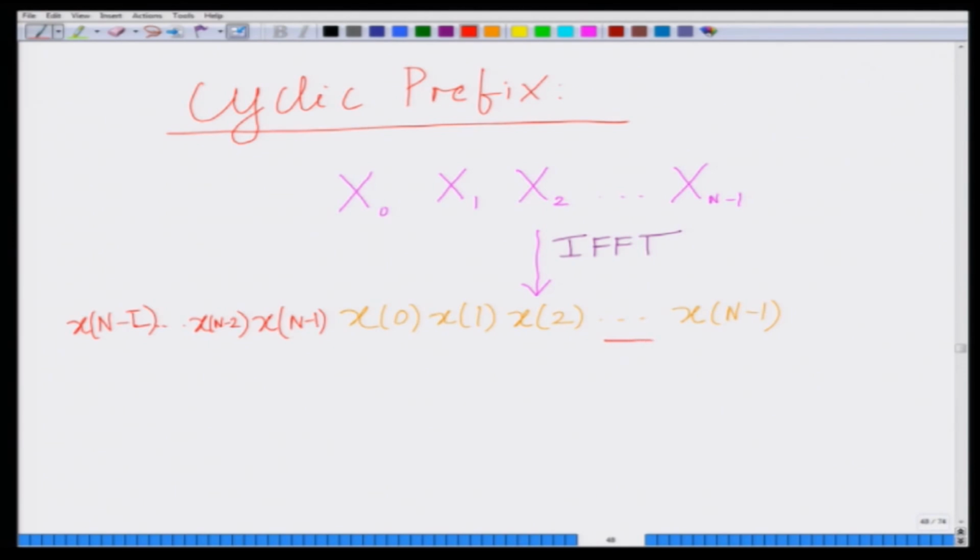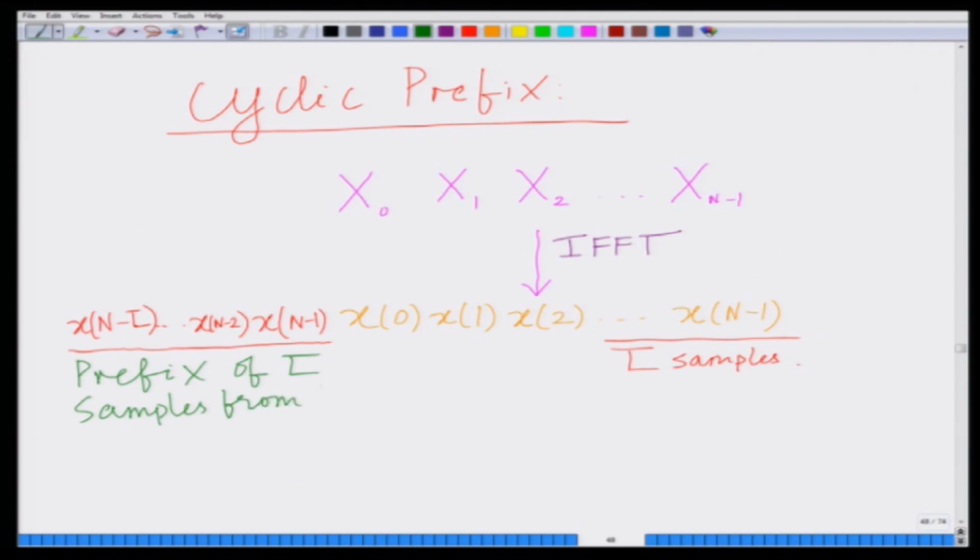So, what am I taking? I am taking L bar samples and I am prefixing them, a prefix of L bar samples from the tail. So, what am I doing over here? If you look carefully, because this is a key step, I have a block of n OFDM samples that are generated using the IFFT. In these n samples, I am taking the last L bar samples, that is xn minus 1, xn minus 2, up to xn minus L bar, and I am prefixing them into the front of this